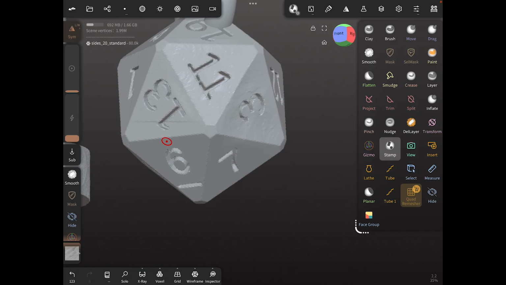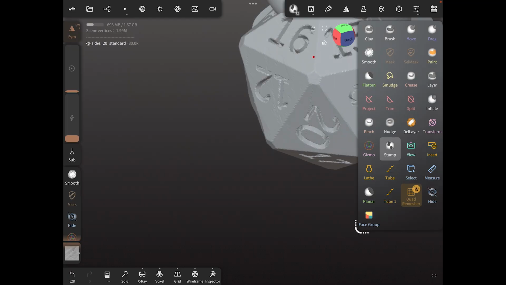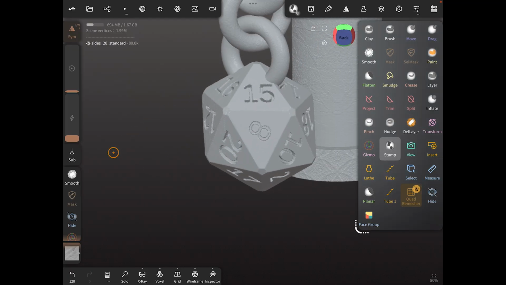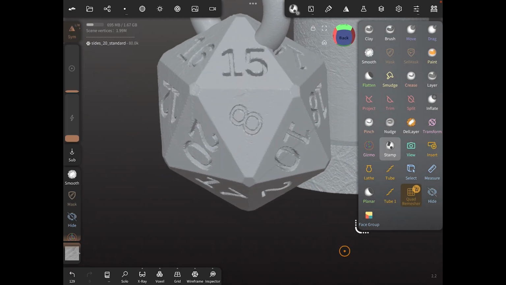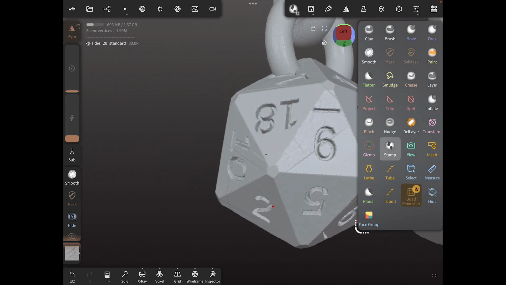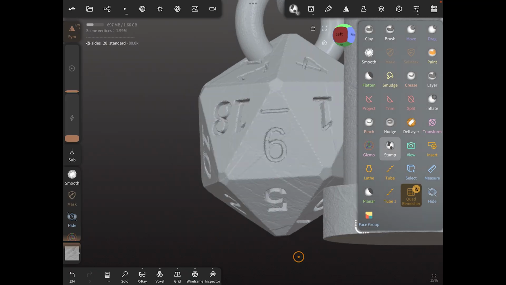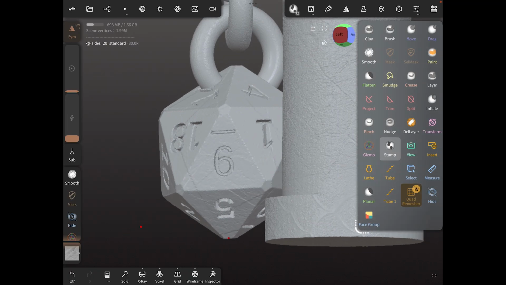Or once again, we could take our stamp and we could stamp it on. I personally like using the stamp over the brush, but some people prefer the brush over it. I think in our last video where we did the elephant statue, we used the brush. So now you're starting to get this really cool stone pattern